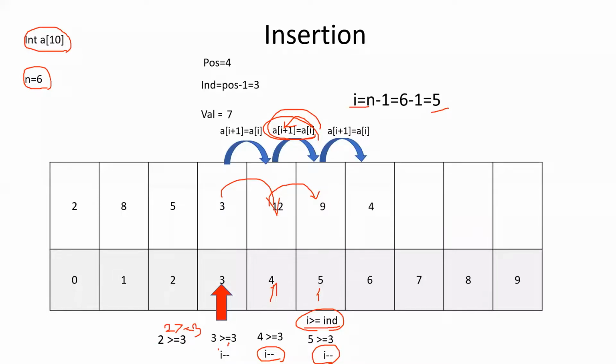If not, in this position, we will be checking whether 2 is greater than or equal to 3. Whether it is true or false. False. So what will happen? What is the line to be executed?